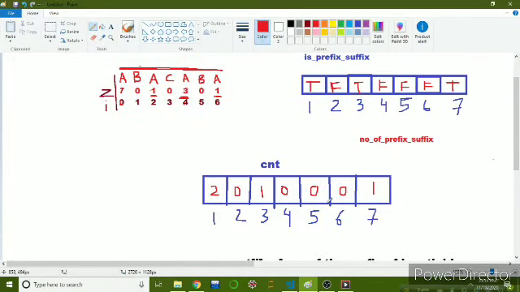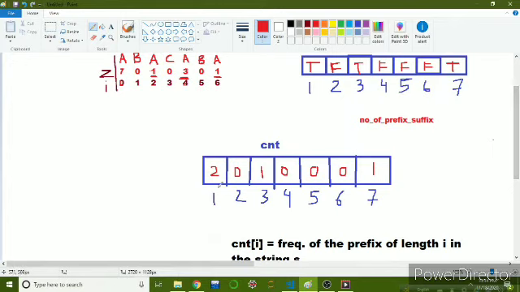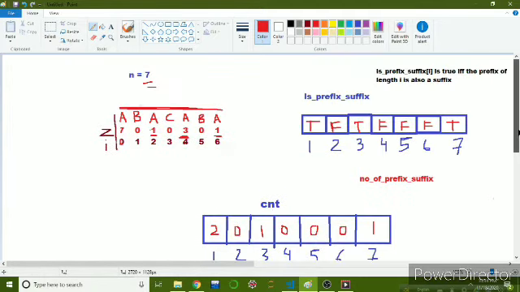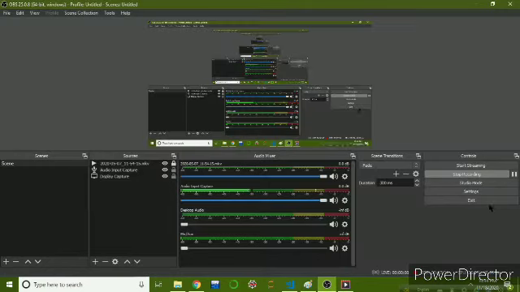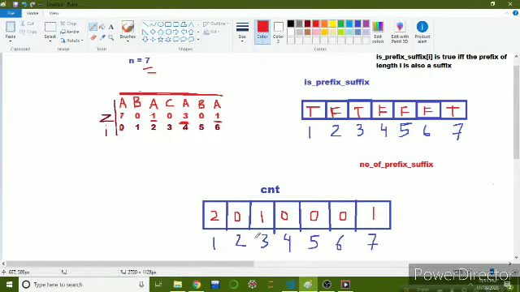Now see, in this array here is a problem. We can see that the prefix of length 1 is present 4 times, but we have got only value 2. That means we haven't counted the prefix of length 1 sometimes. So we can see we have counted the prefix of length 1 here and here, but it is also present here and here. These two values are not counted in this array.